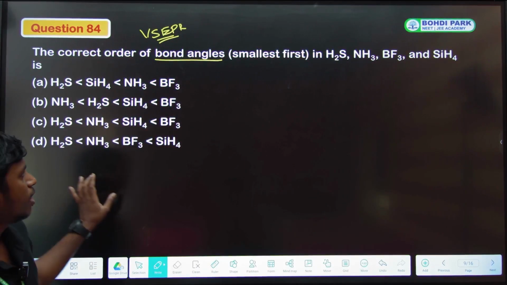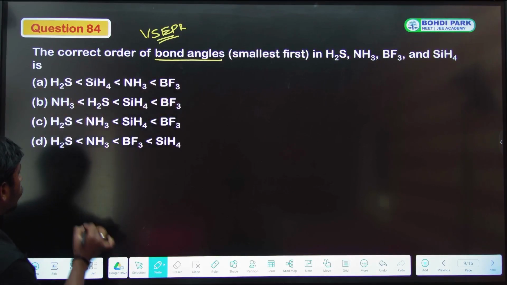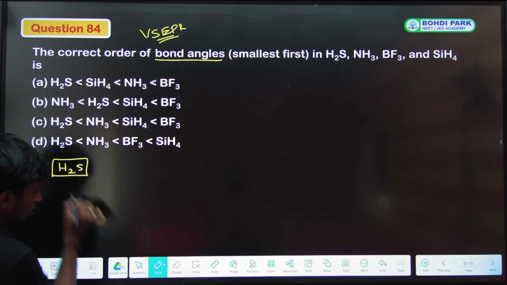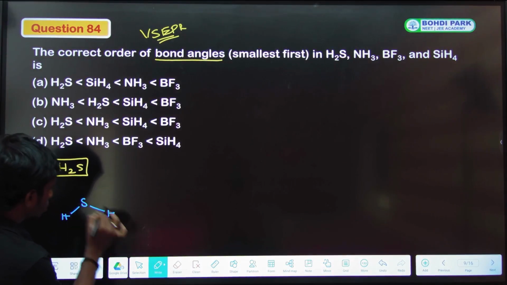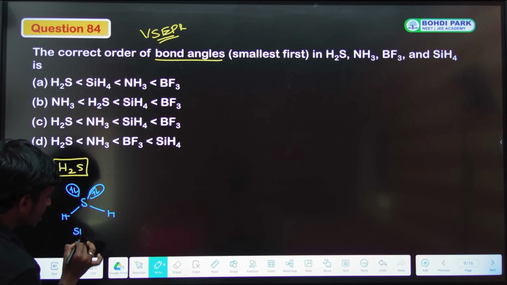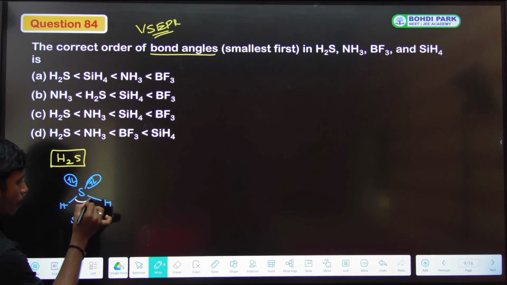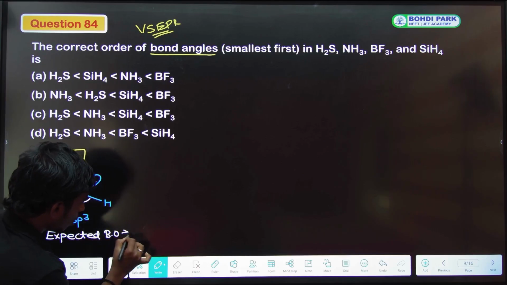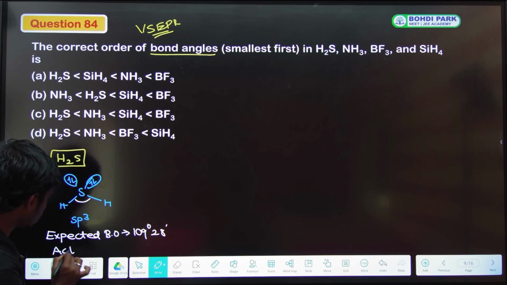ஓகேவா? இவங்க எல்லாமே except BF3, all are sp3 hybridization. Okay, அதான் இதை பார்க்க போறோம். First one H2S. Structure எப்படி சார் இருக்கும்? Sulfur will be the central atom, 2 hydrogen இருக்கும், there are 2 lone pairs. It is sp3 hybridized. Expected bond angle is 109 degree 28 minutes,